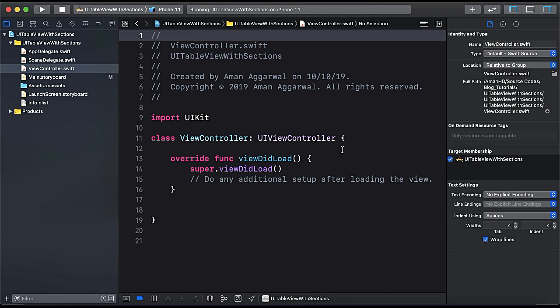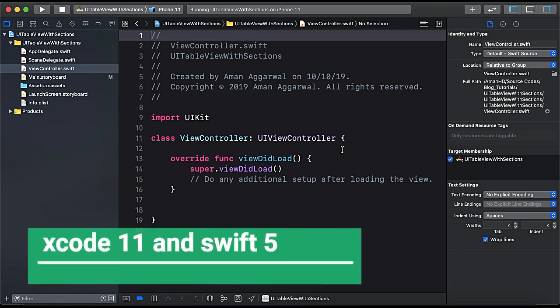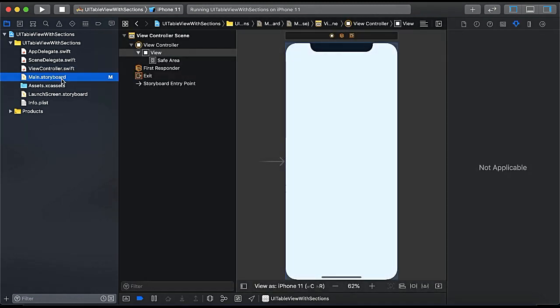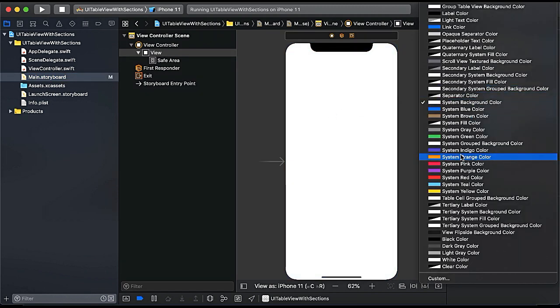In today's video we are going to learn how to create a UI table view with sections. So let's start. We are using Xcode 11 and Swift 5 for this. So first of all, open main.storyboard. In Xcode 11 you have a choice whether you want to create the project with SwiftUI or storyboard. So we choose storyboard. So here this is our view controller, and let's change the background color